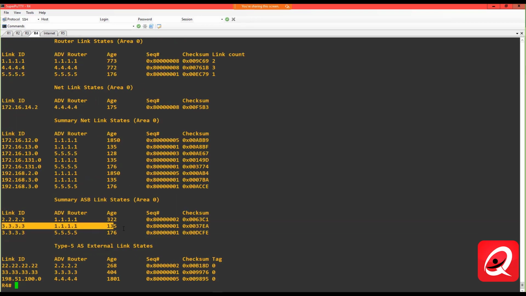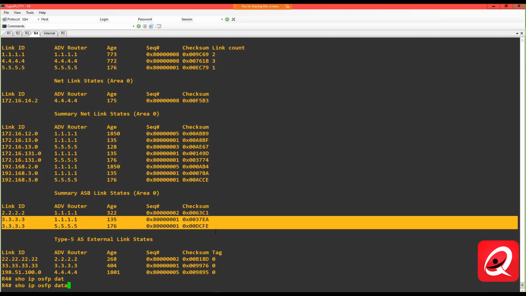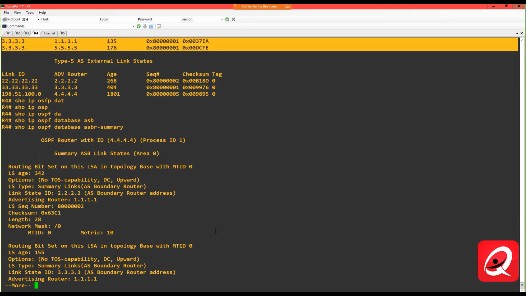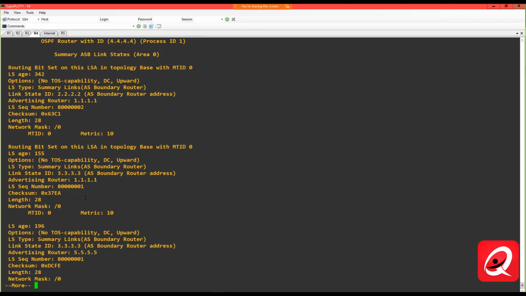And we have 2 ways to reach 3.3.3.3. So what this router is going to say now is, how do I get to that particular destination? How do I get to 3.3.3.3? If I do a show IP OSPF database ASB, show IP OSPF database ASB summary,